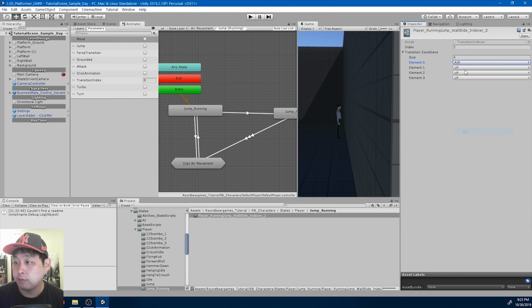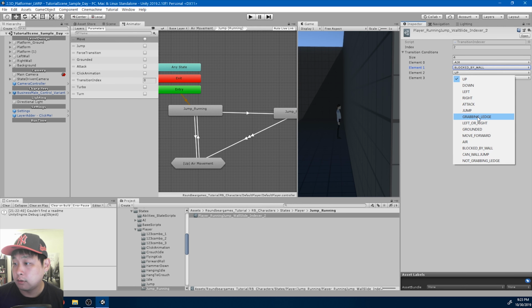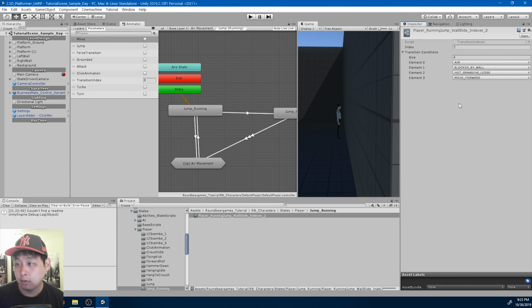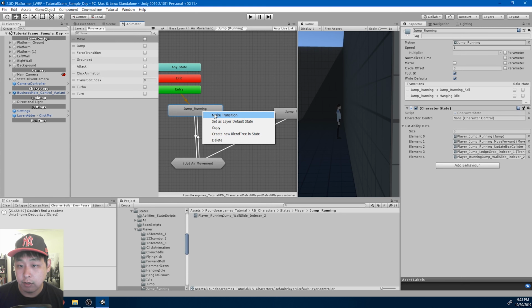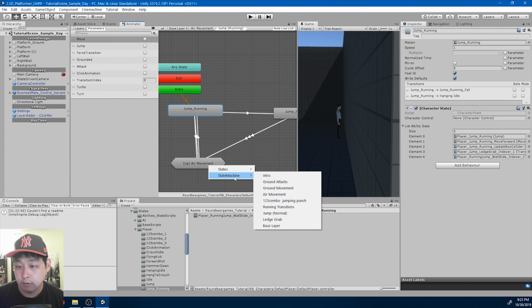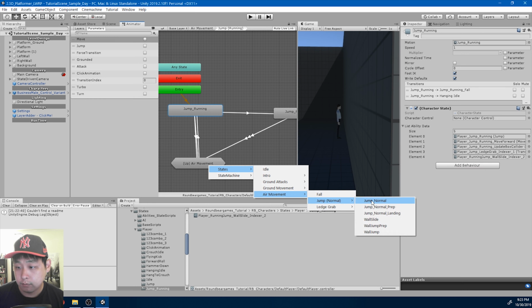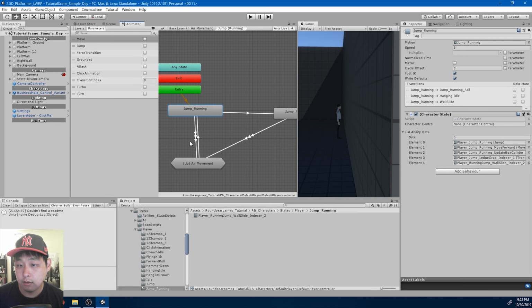Got to be in the air, blocked by a wall, not grabbing ledge, and you're moving forward. So from the running jump to the wall slide,